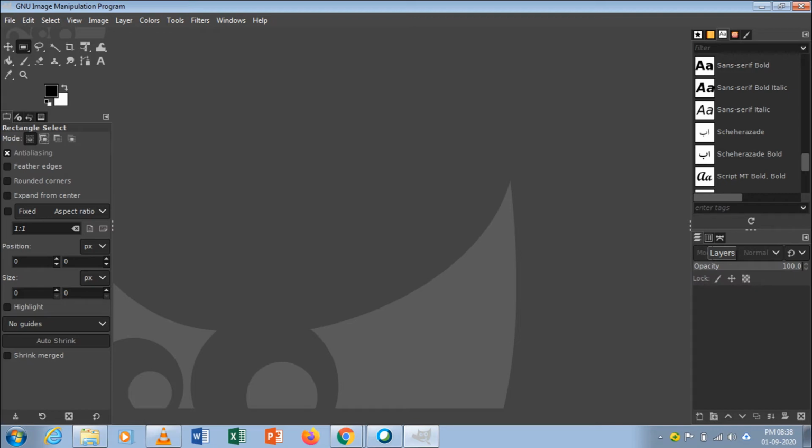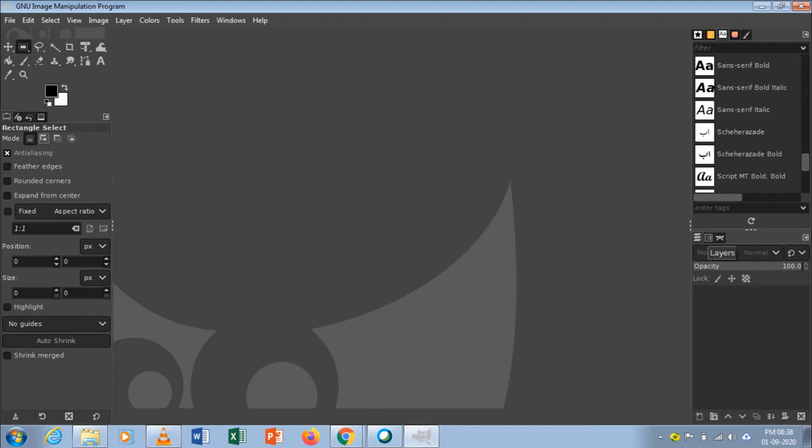On the left hand side of the screen, what do you have? Toolbox and tool options. In the middle of the screen, you can see the image window. On the right hand side of the screen, you can see the layers option. Next to the layers option, you can see the path tool and channel tool. On the right hand side you have the layers tool, path tool and channels tool.